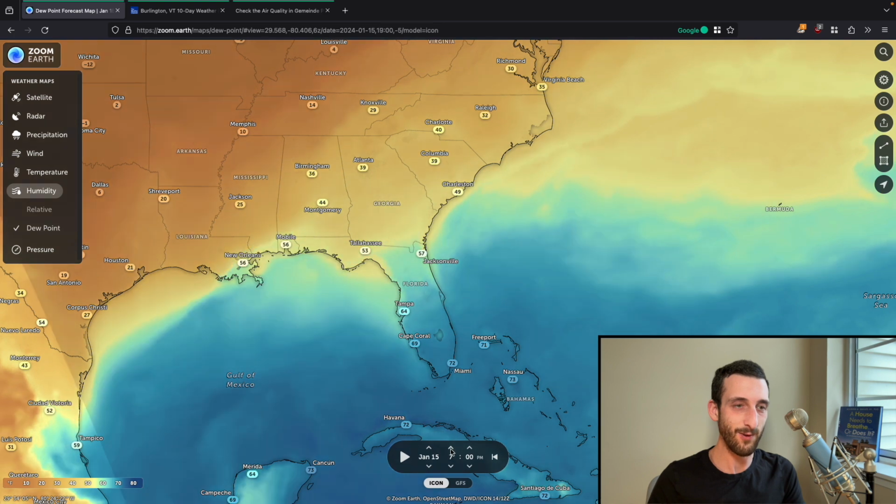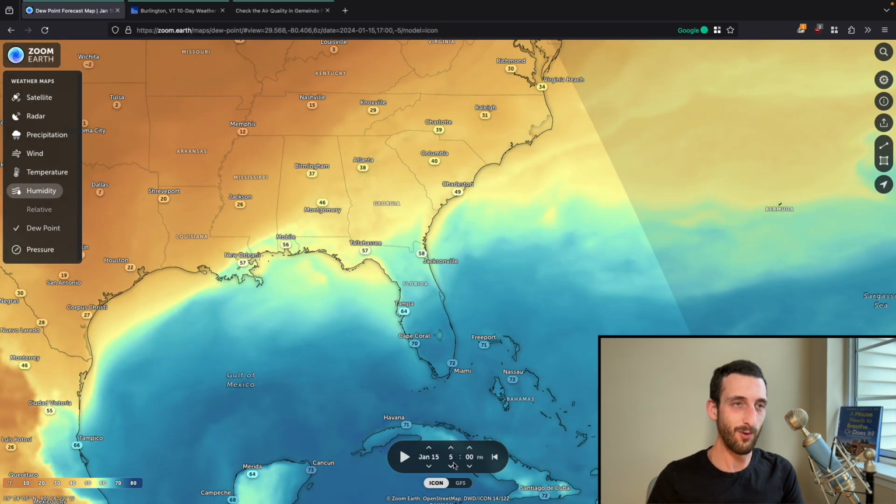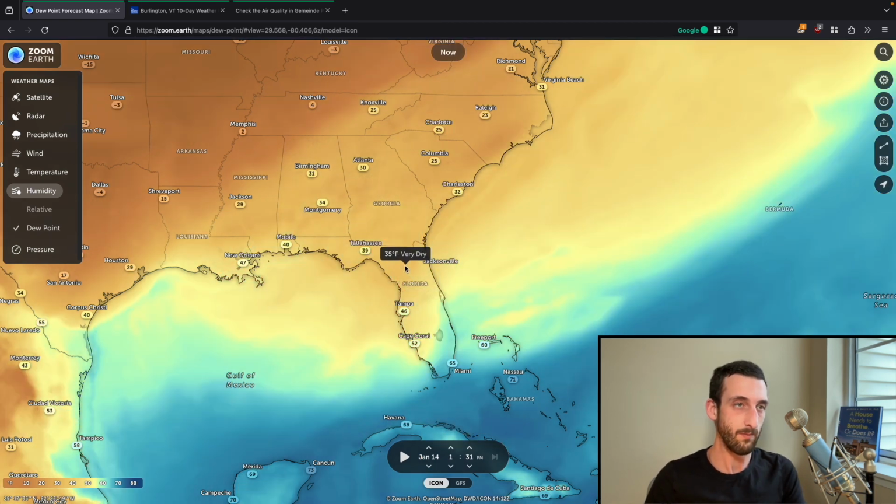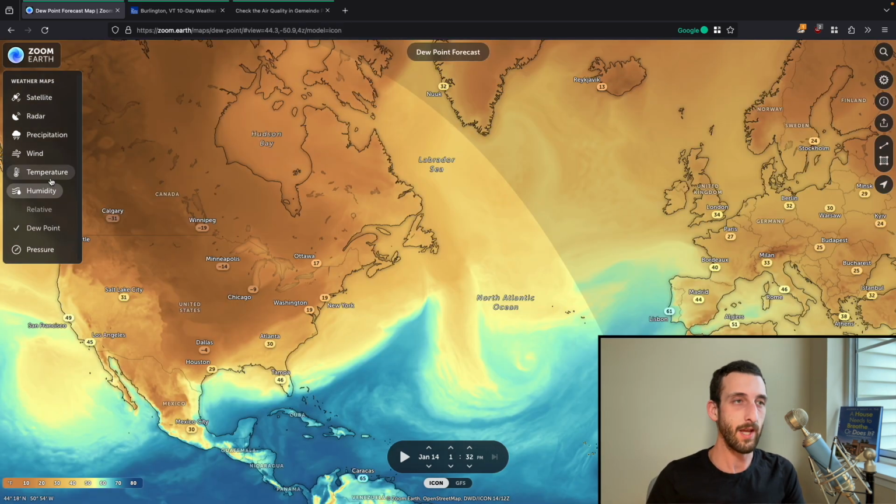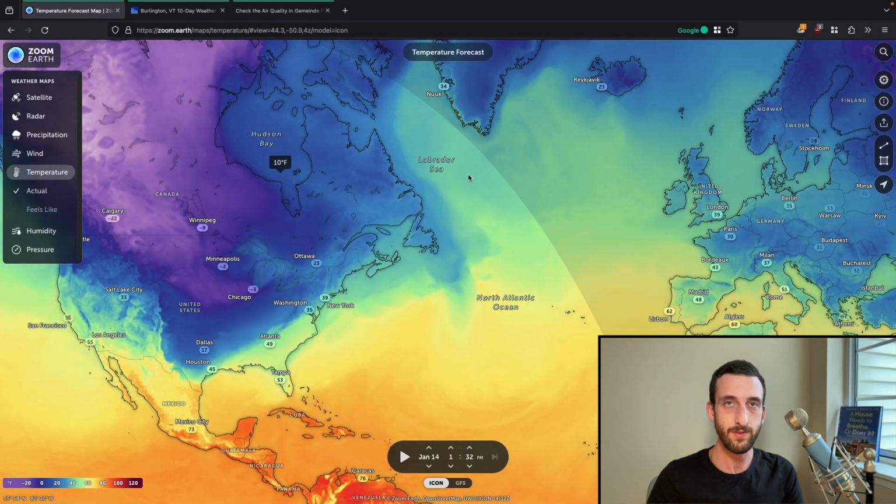And look at that. Now Florida is all blue. So you can mouse over it and see 67 dew point, humid. And so that's cool. And this works with temperature as well, of course.